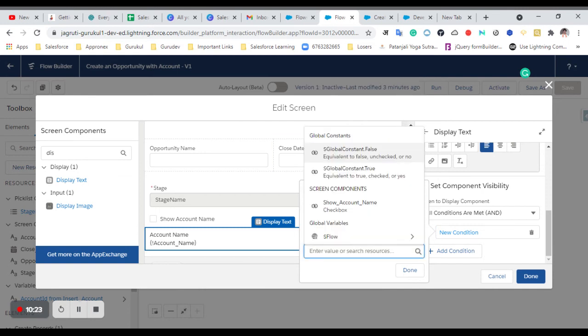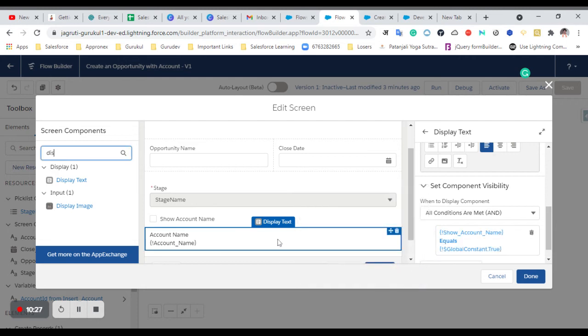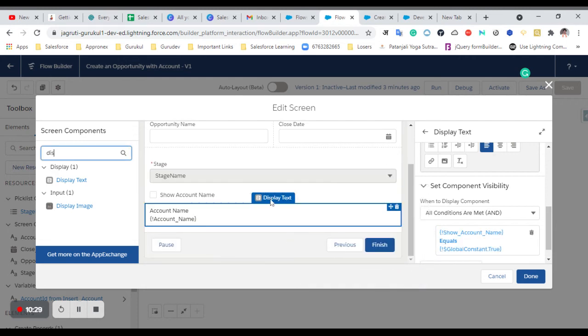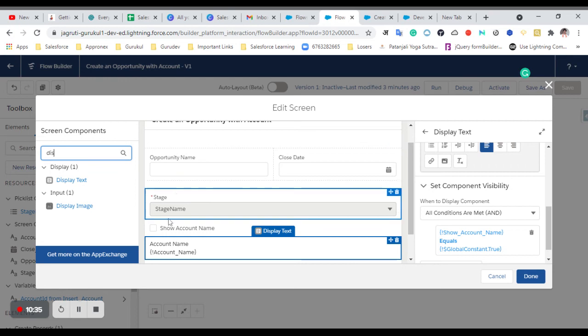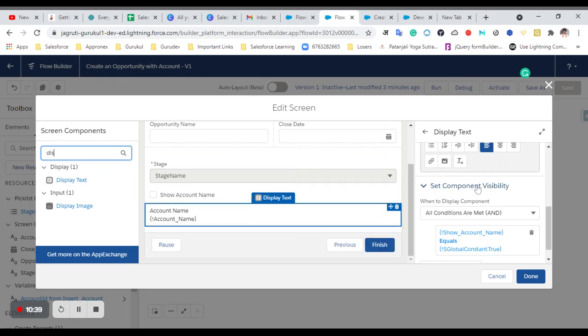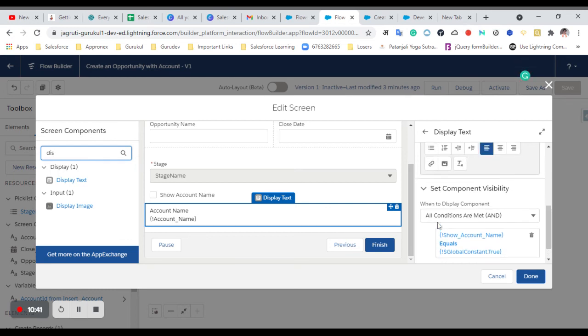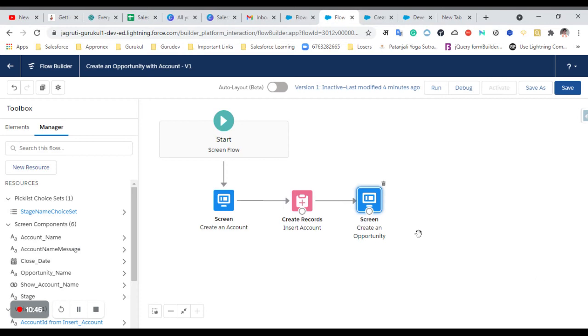If this is equal to true, then only these components need to show. We can put this condition with each and every component, so we can just control the visibility of the component directly with this visibility option. Okay, so looking perfectly fine. Let's just click on done.